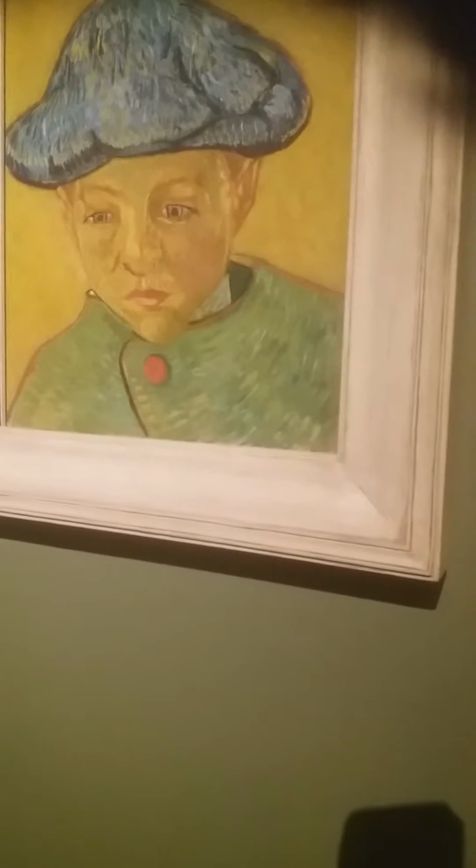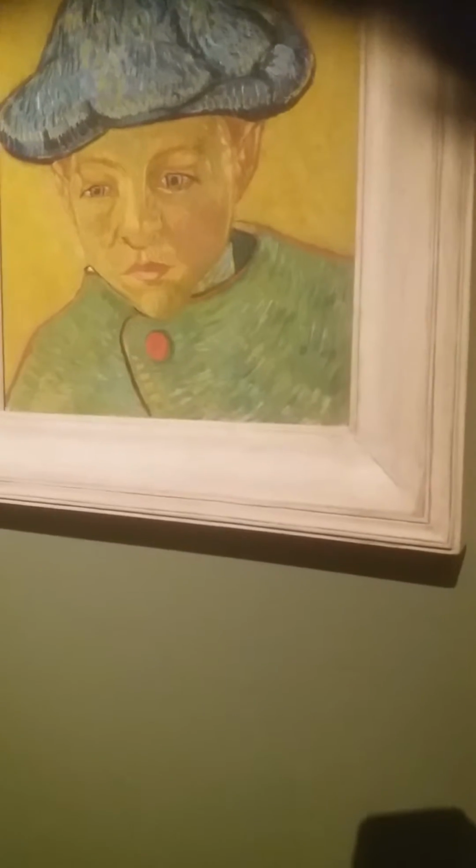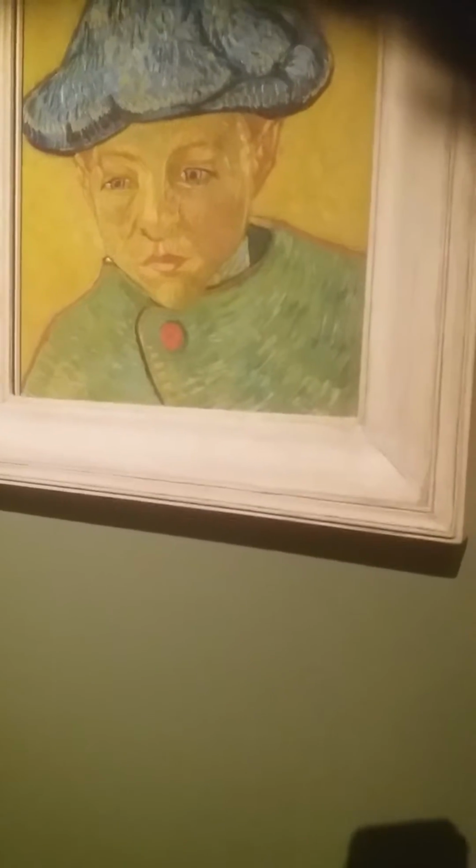Van Gogh painted Camille twice, each time working quickly to capture the boy's rapt attention in youthful features. This version is noted for its harmonious brushstrokes and use of color. Van Gogh's beloved yellow invades the canvas, featuring the boy's face, adding highlights to his hat and jacket, and providing the solid background against which the figure is placed. Complementary colors, blue and yellow, green and red, play off each other, and unlike the pictures with the